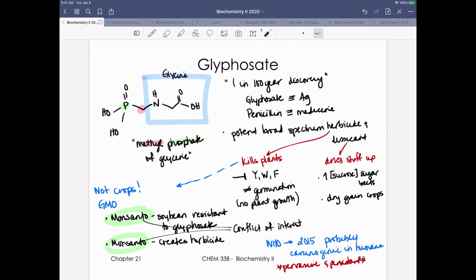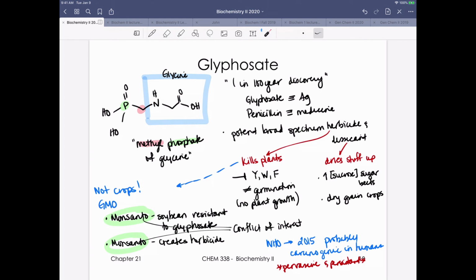Mentioning a little bit about the desiccant properties. Again, a desiccant is something that dries things out. So this is a not initially intended use of glyphosate, but again, it's known to dry things out. So even though we don't need to put glyphosate on some crops for the herbicide functions, it's used very heavily on sugar beets because it dries them out, which allows them to increase the sugar concentration. And it's also used to dry grain crops. And again, the thought is we dry these out in the field so we don't have to worry about drying them indoors. We don't have mold issues, things like that. So it was really thought to be this windfall in terms of a discovery that just had so many important